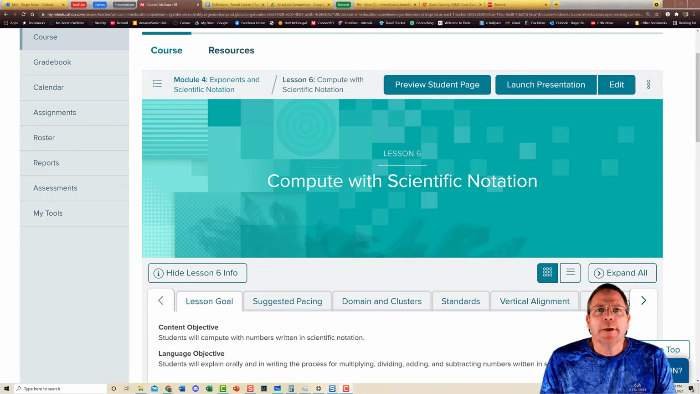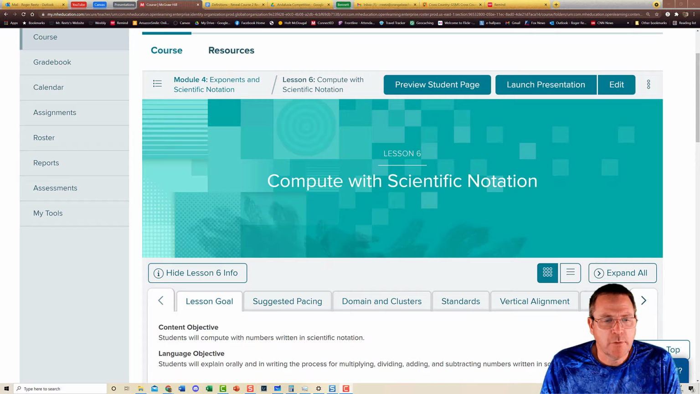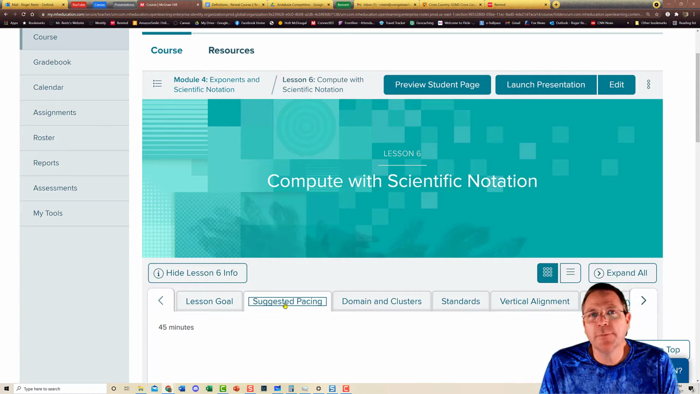It is finally time to do the very last lesson in this module, Chapter 4 or Module 4, Lesson 6, Compute with Scientific Notation. Lesson goal says students will compute numbers in scientific notation, and the suggested pacing says this